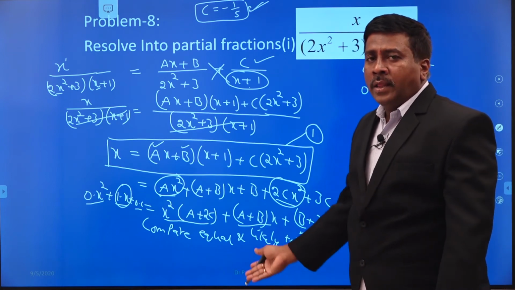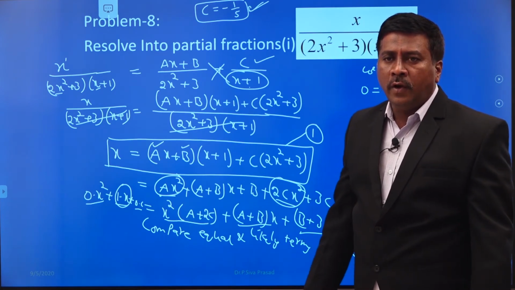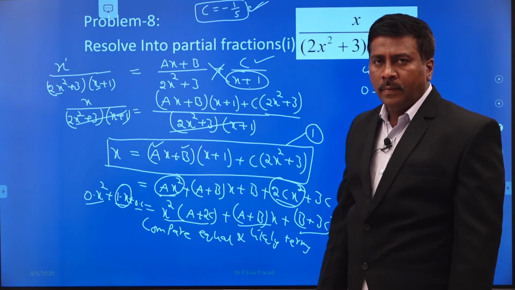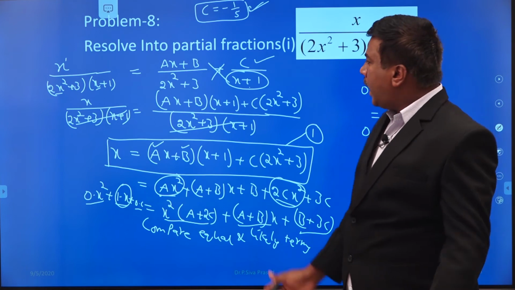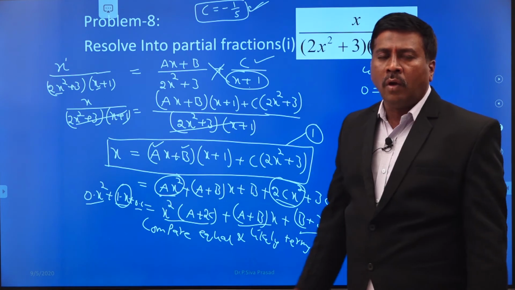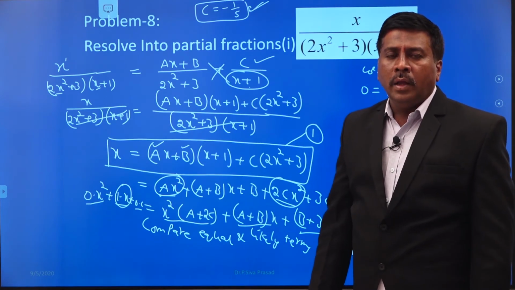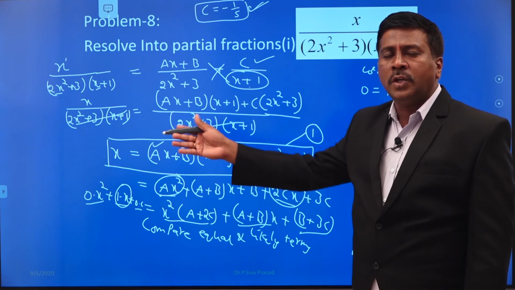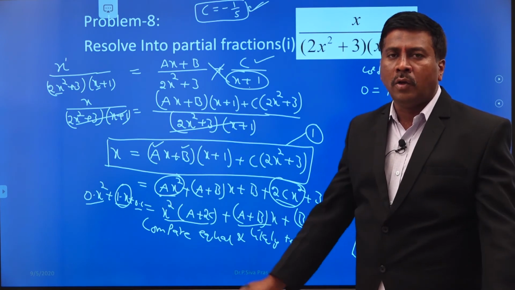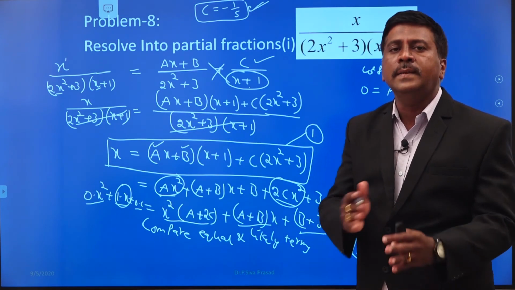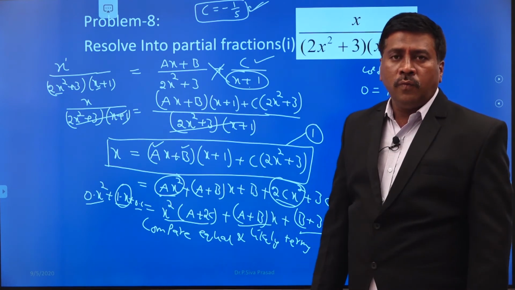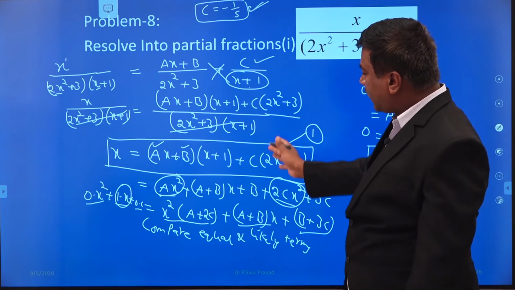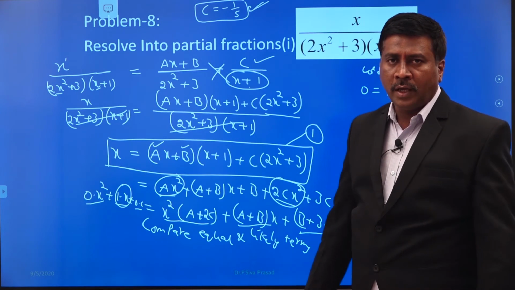So this is another technique for finding the values for A, B, C. Whereas in the previous methods, whatever the quantity value is required in the denominator, that value you have to substitute directly in the relation, then automatically you will get the value for A, B, C, because those are the simple problems. Because these are the essay questions only, for those problems you have to do it like this procedure only. All of you catch your point?